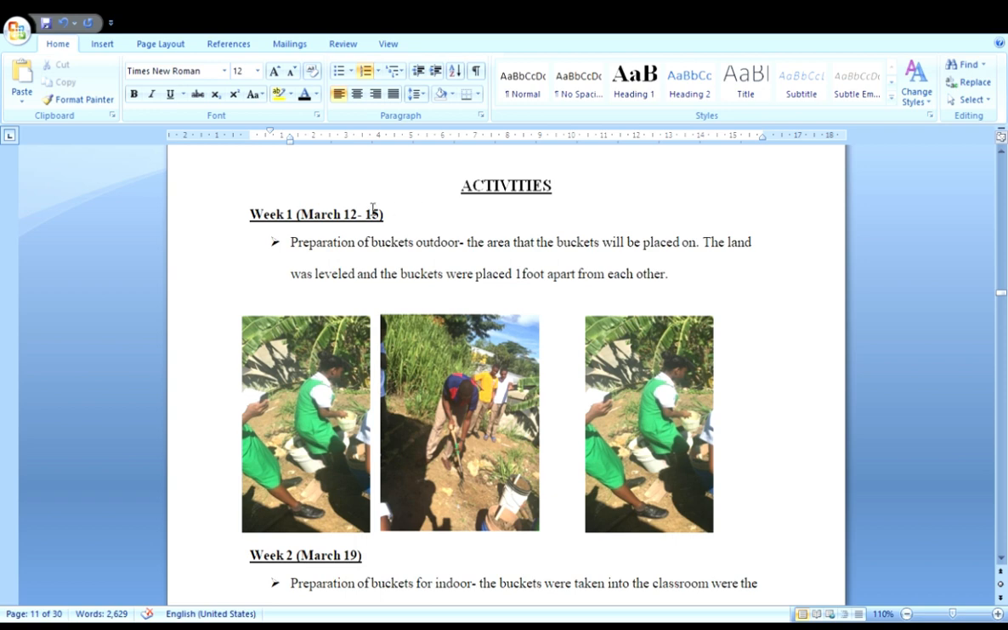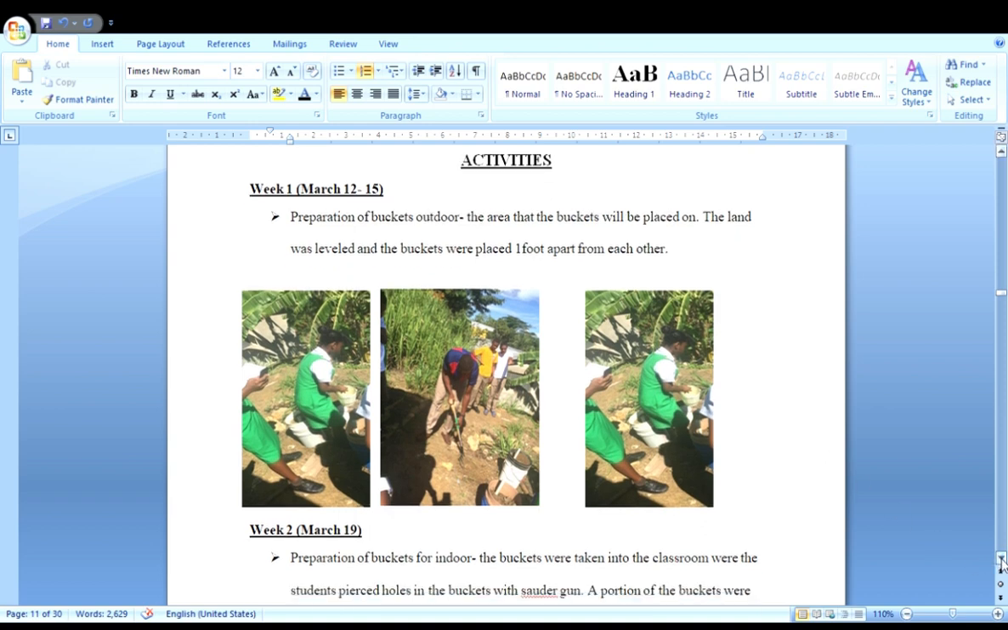But of course, for the activity, you should state what your activity is. So here we said week 1, preparation of buckets outdoor. You would also give your description. The land was leveled and the buckets were placed 1 foot apart from each other. And that should be backed up with your picture. So you will need 5 of those. So in this particular SBA, we have 1 activity there,